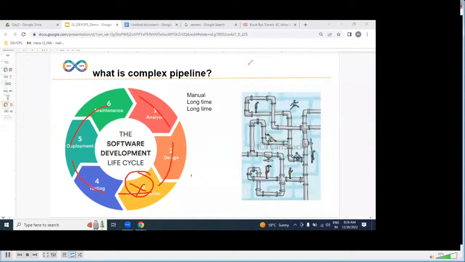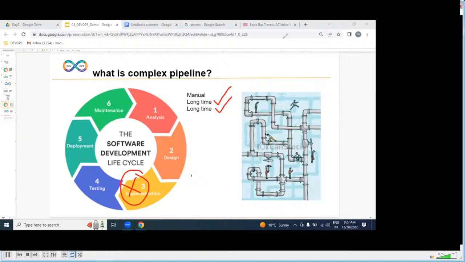So what is the point I want to tell you? Due to the manual process, if any issue occurs, identification will take a long time, and resolving the issue also takes a long time. The example I gave was a water pipeline. The water pipeline is underground, and somewhere there is a blockage. Can you identify that problem immediately? No, it is not a leakage, it is a blockage. After identification, can you fix it within an hour? No, it will take weeks. That is the water pipeline.